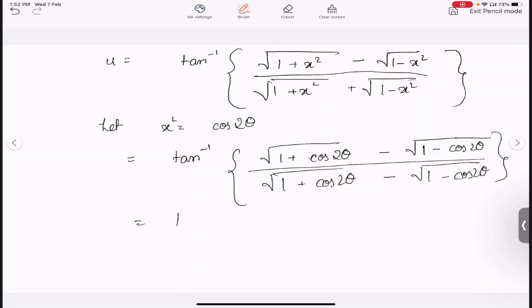That will be equal to tan inverse of, we just did it earlier, so it will become